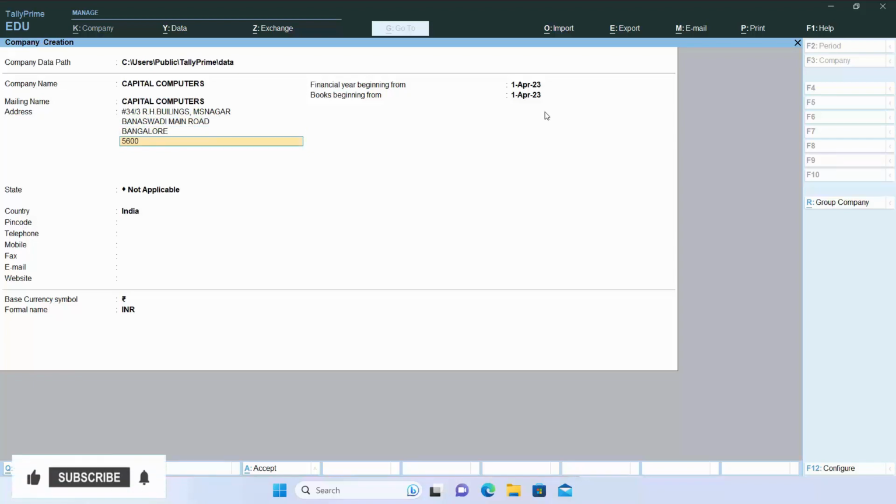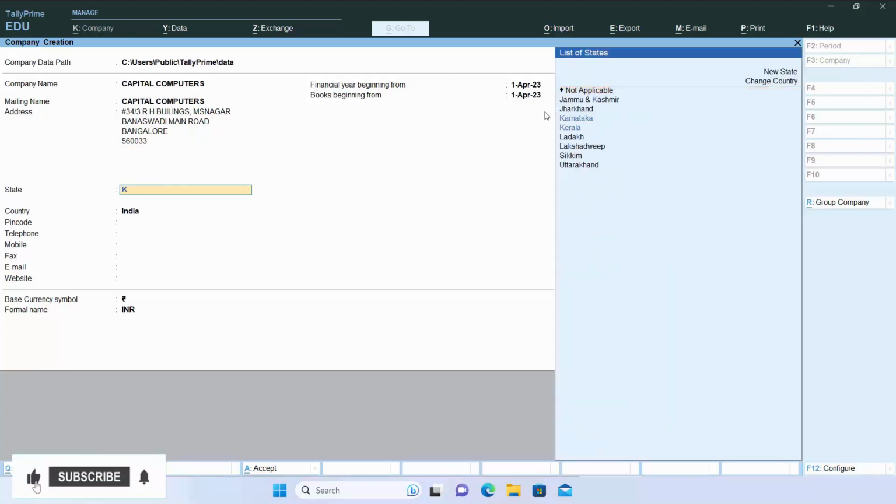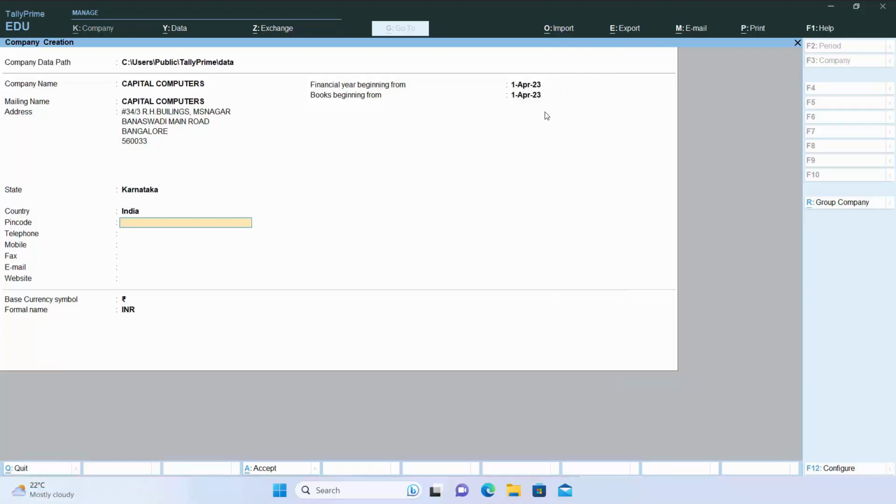So in this way, we are supposed to enter the address of the company. Then next, we are supposed to select the state. Then we are supposed to enter next the country. After selecting the country, we are supposed to select or enter the area pin code. Once the area pin code is updated, next we are supposed to enter the telephone number of the company,